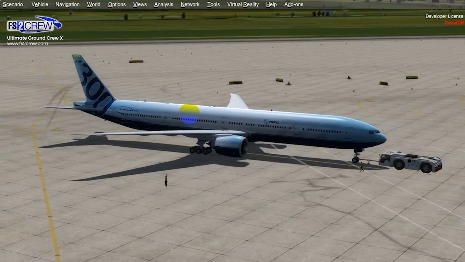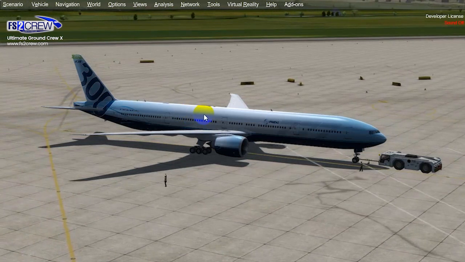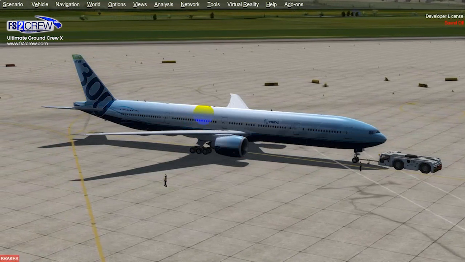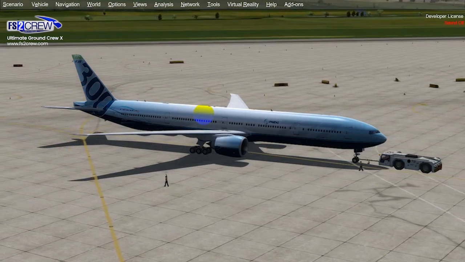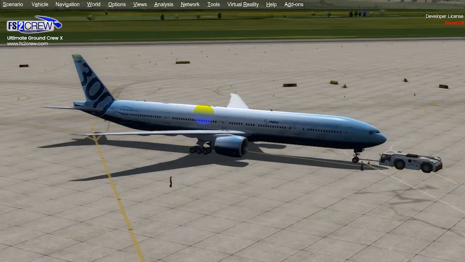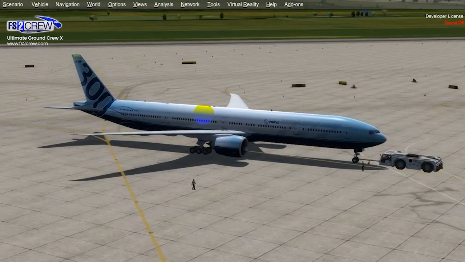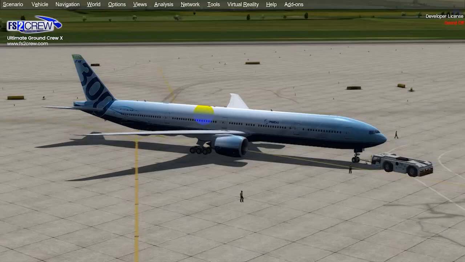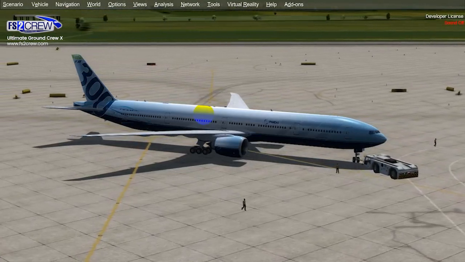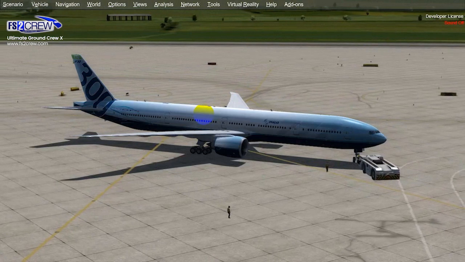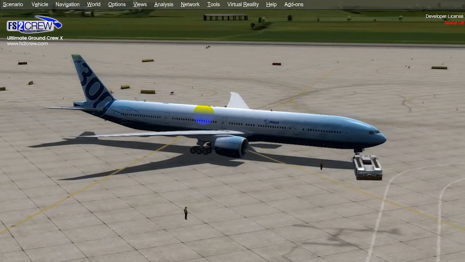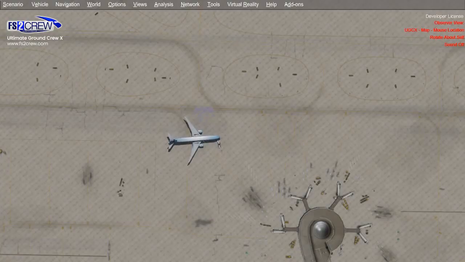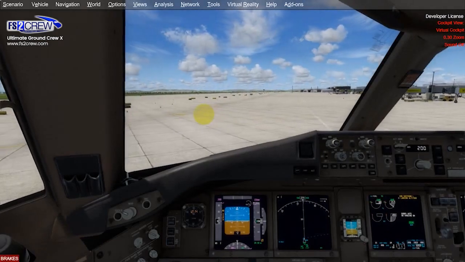We just want to see the whole pushback only. We can see from the top down view how